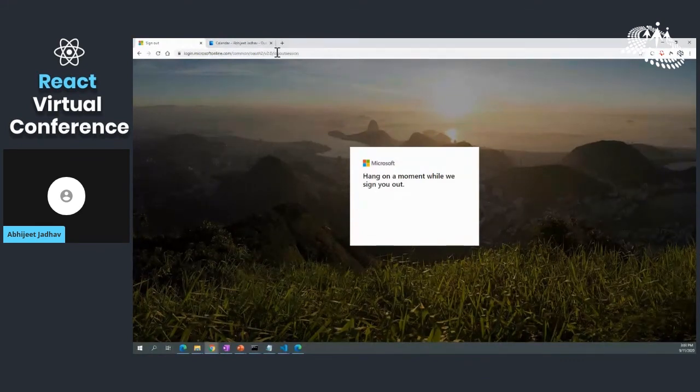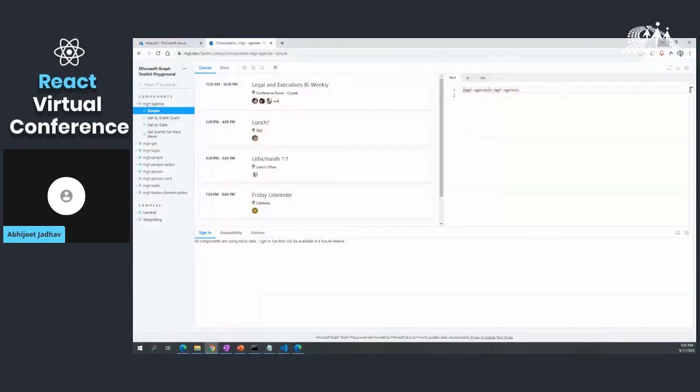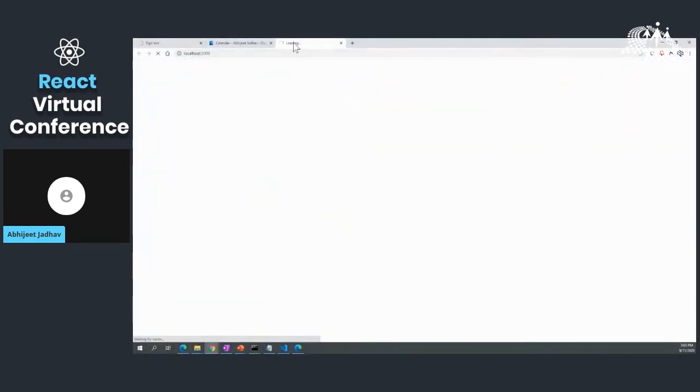Okay. It's taking time to load, because this is the first time we have created the application and are running it, it will take time in the first loading, but I think after that it should be faster.